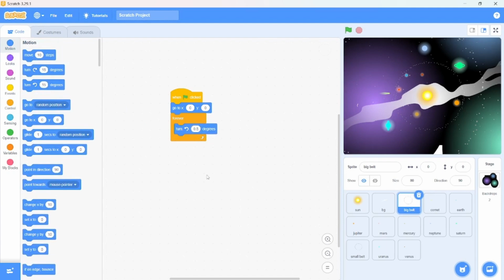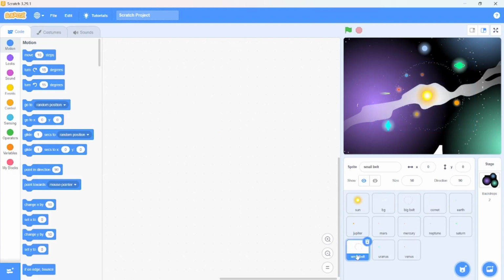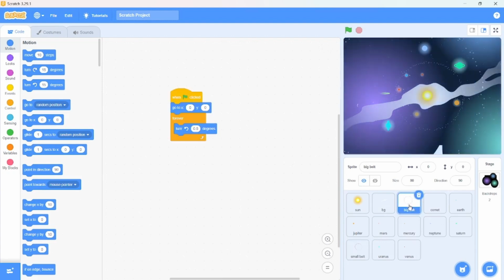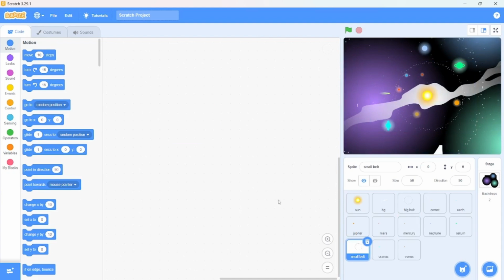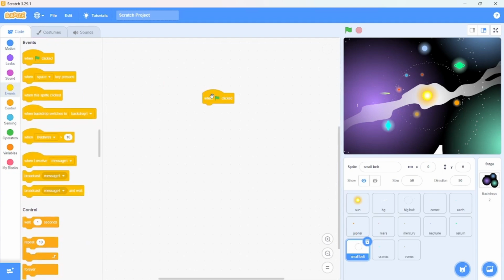Okay. Then just go on your small belt. You have the small belt also. Since we have rotated this big belt in the anti-clockwise direction, we will rotate our small belt in the clockwise direction. So again, just follow the same code and you will be all set with your small belt also.